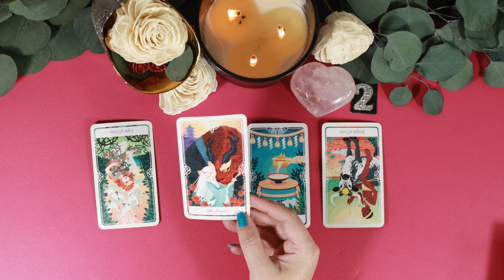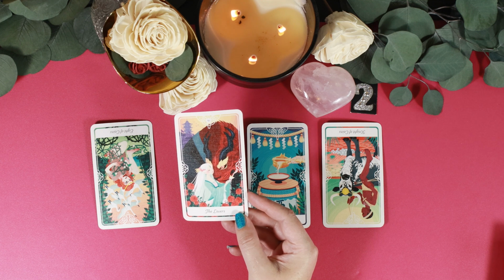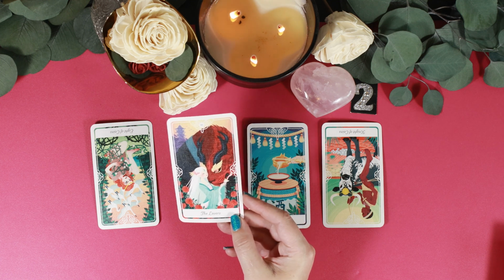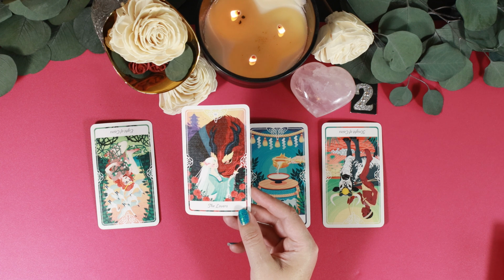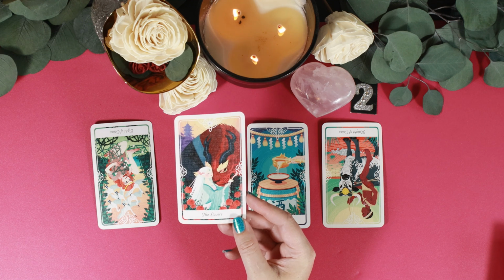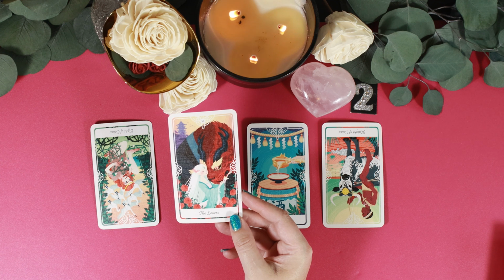This Lovers card represents romance. I mean, it says the Lovers, right? Opposites attracting, the duality and balance of fire versus water, emotions, that kind of thing. And when we have like Beauty and the Beast, we're taking in the beauty and the beast. I also think this kind of represents you in a way that outwardly